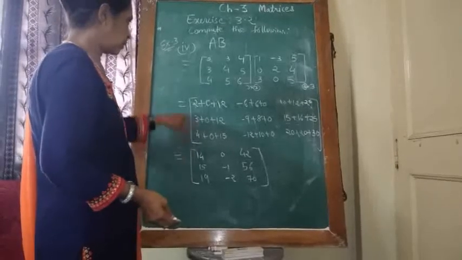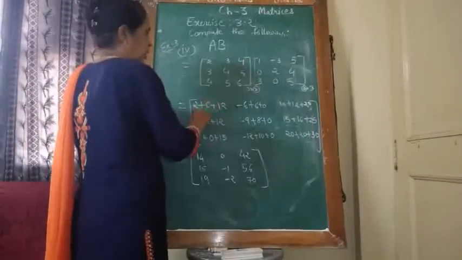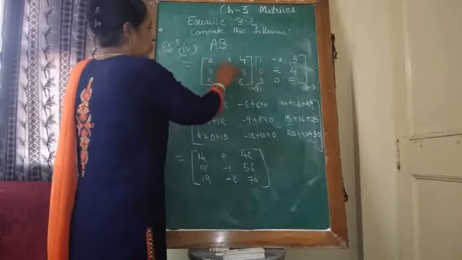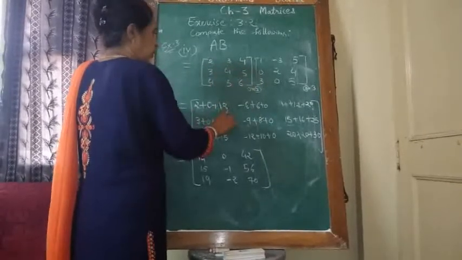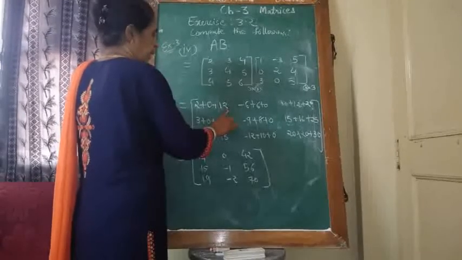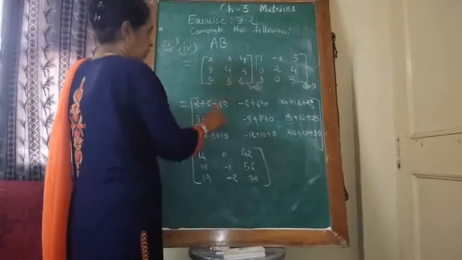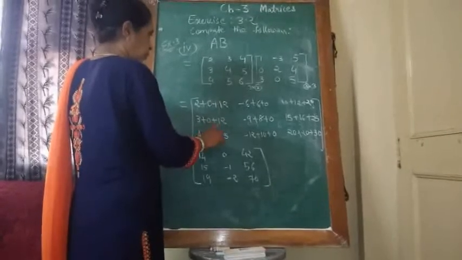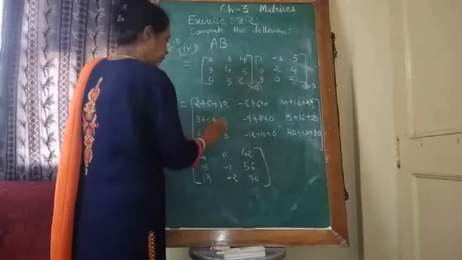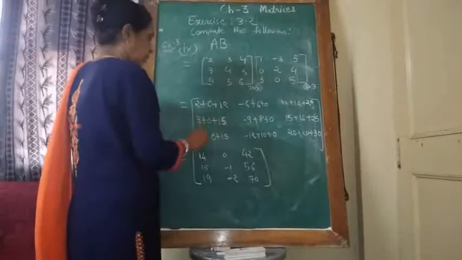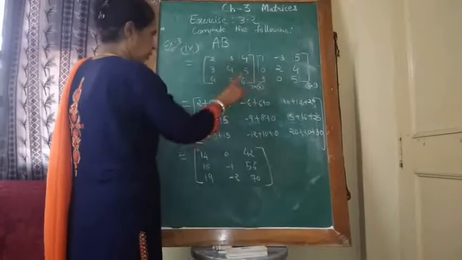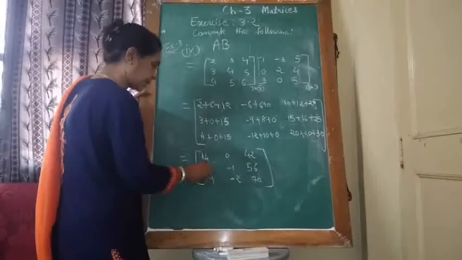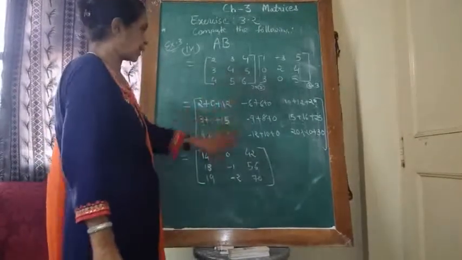19. Again you see, 2 1s are 2. In this type of product you see again 2 1s are 2, 3 zeros are 0, 4 3s are 12, right? 3, second row, first column, 3, 0, 15, 5 3s are 15, and again you see 4, 0, 15, so 15 plus 3 is 18. So this way you have to check again.